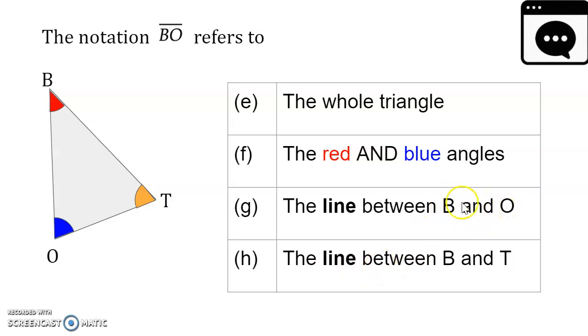Okay, B is the starting point and O is the ending point. Or they could have also written OB with the line on top. So which is B? B is the starting point and